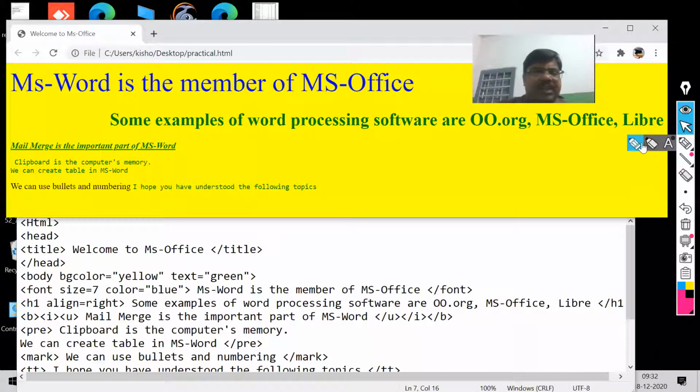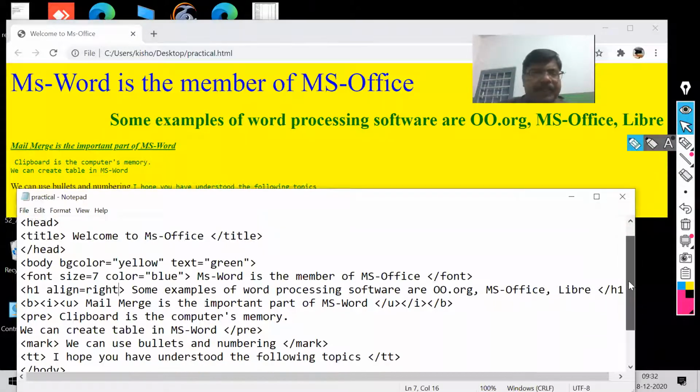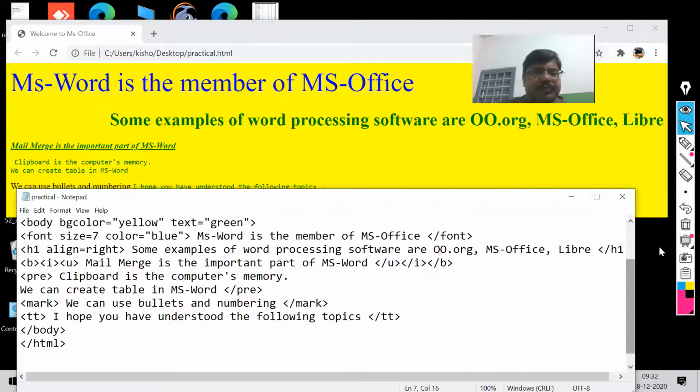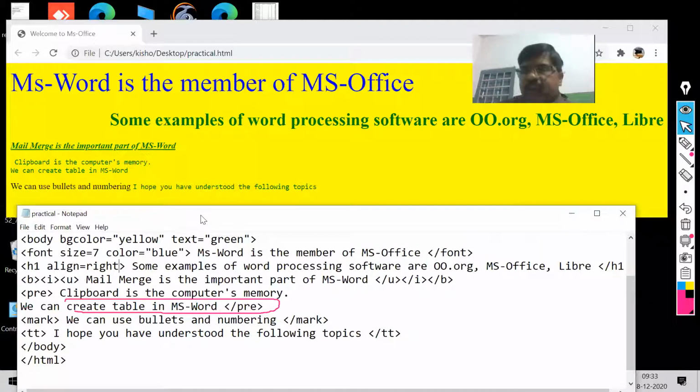Now you can see the next part. Now the next one is your mark tag. See why it is showing this in yellow color, because by default it is yellow. I will show you.